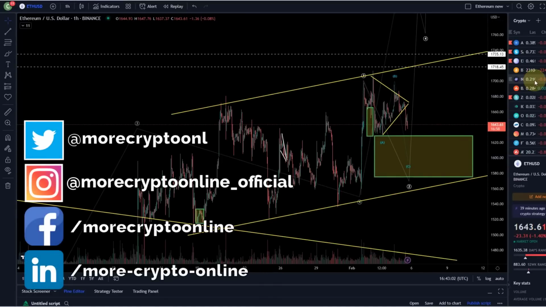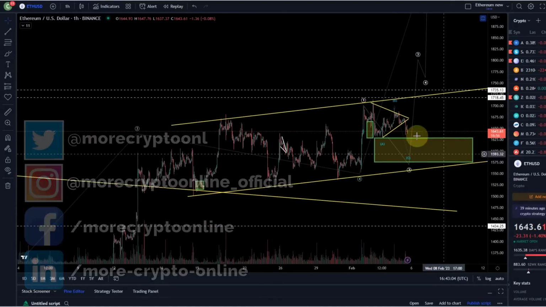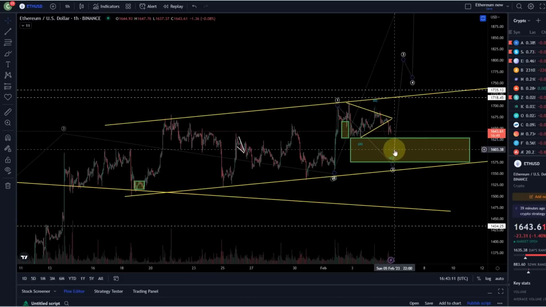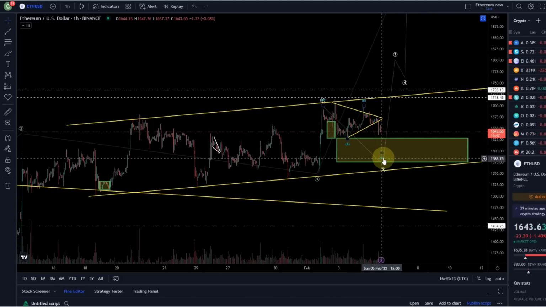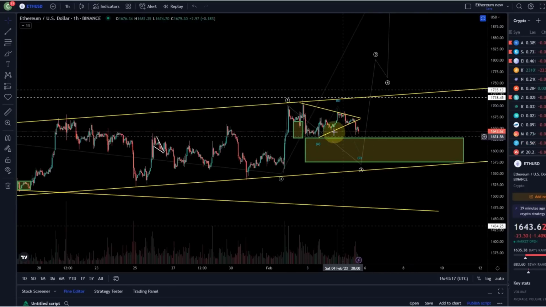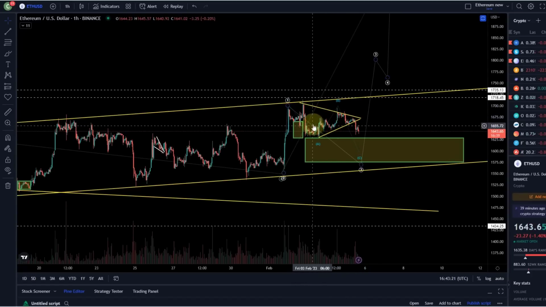Only really quick update here midday, not too much happened today. However, we broke out of this sort of triangle that we discussed in the previous video. I had the ABC structure already on the chart that suggested that we might break here to the downside to form a C wave, because so far the move up was only corrective in 3 waves, no 5-wave move.